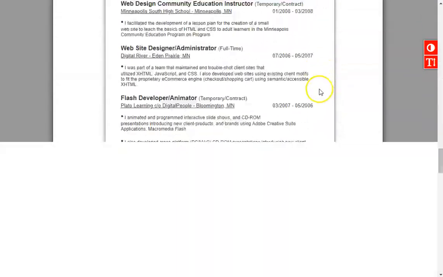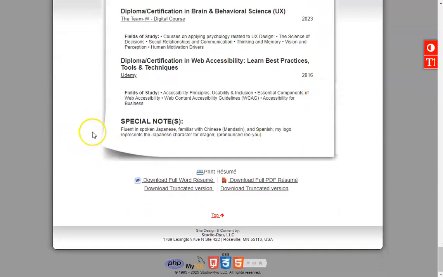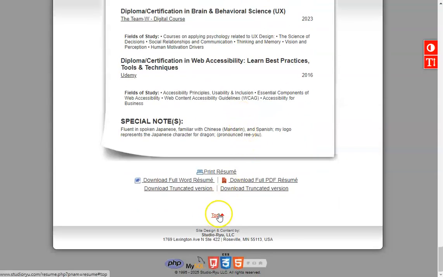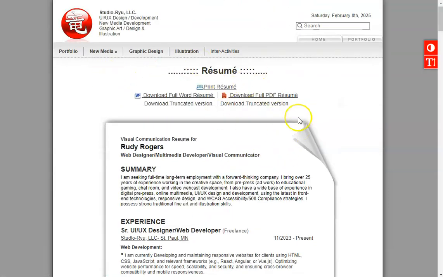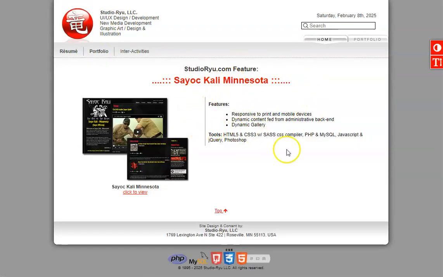And I've got a lot of experience. I'm just going to scroll through this briefly. And again, I created this using Photoshop to make this look like an actual document, right? So that's skeuomorphic design. So we go back to the main page, and the main page is going to highlight